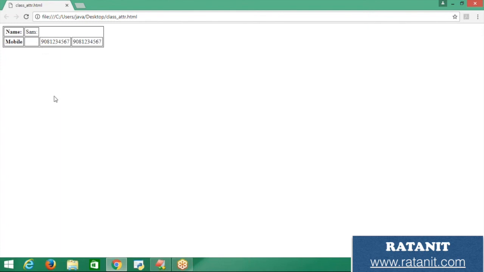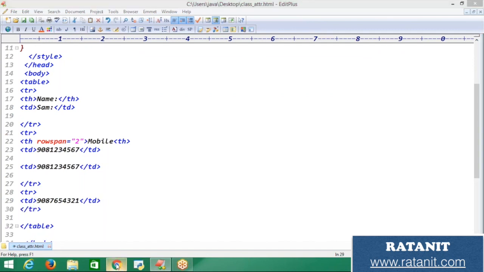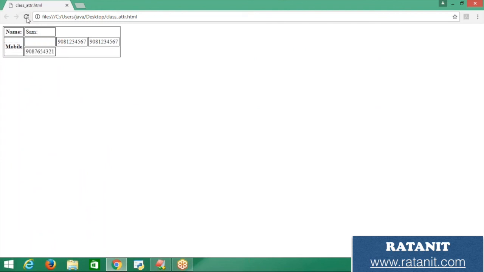This is the rowspan, and you can take another tr over here, close it, and inside write some data, the td, and just add a mobile number, and close this td. Now just save it and run the program. Okay, however many you want, that many row spans will be increased here. This mobile is now occupying 2 rows of span. Okay, this is the way we write it.